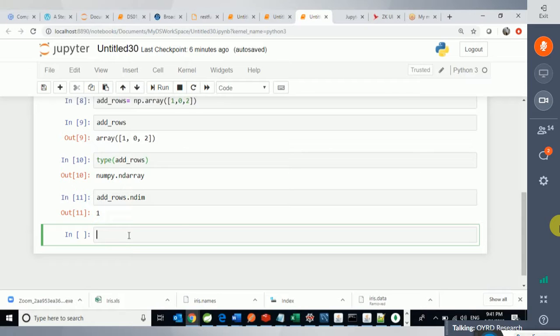So we can see here 1D. Let 1 second. 1 second, please hold on. 1 second, guys. So we can see here